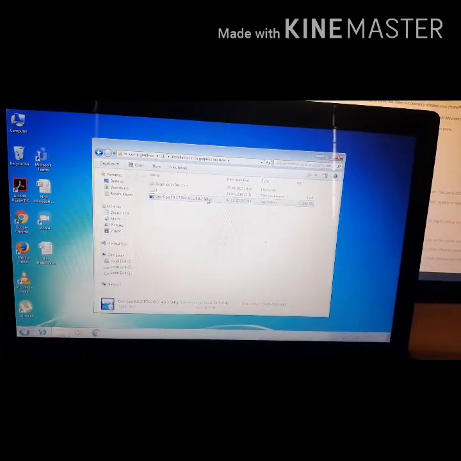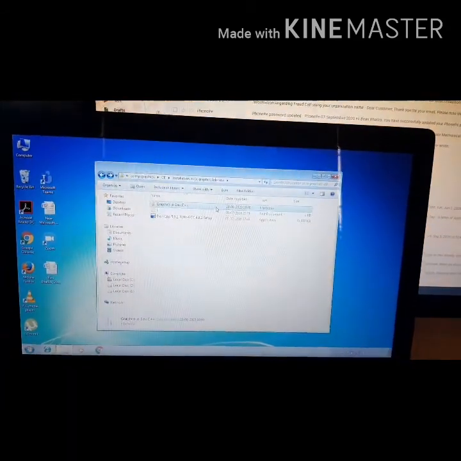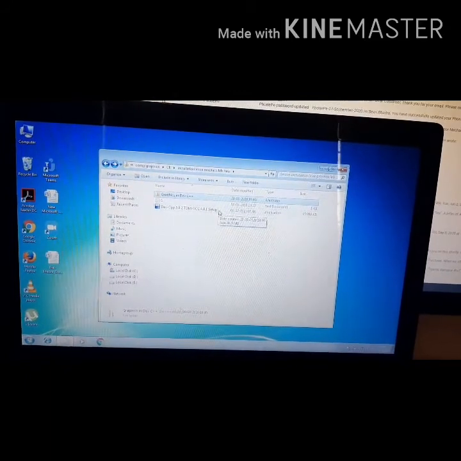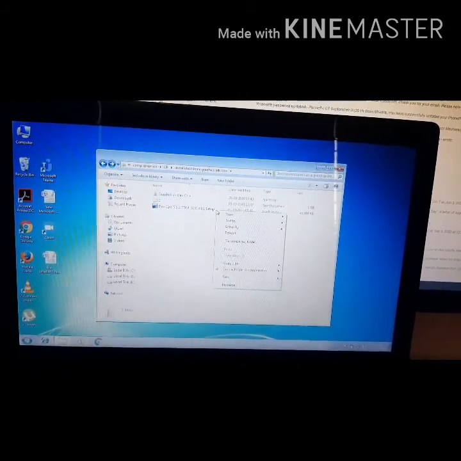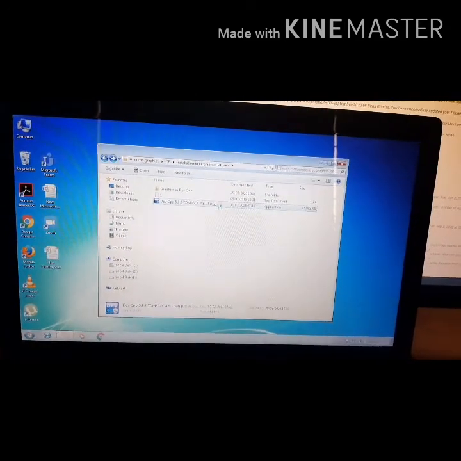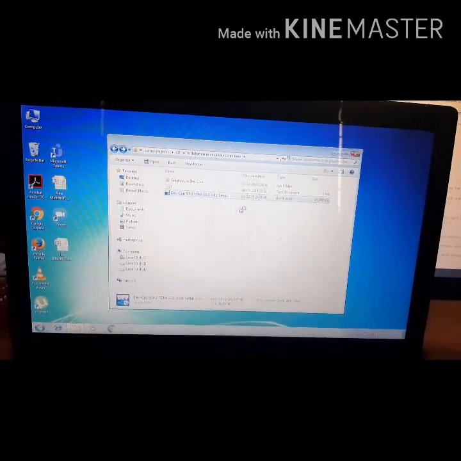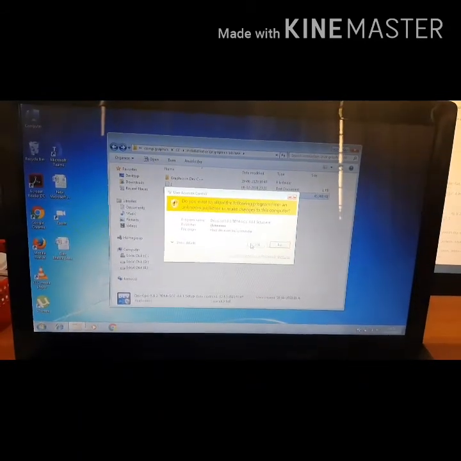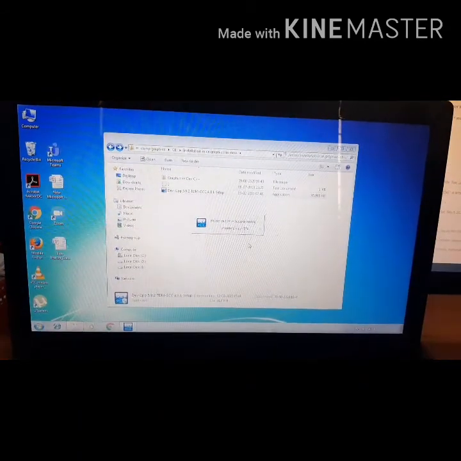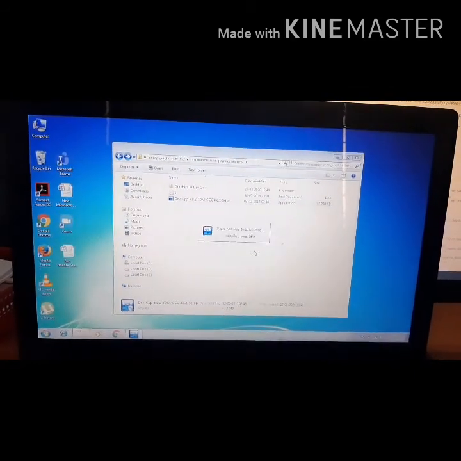So first let me install the Dev C++ compiler. I will right click on this setup file, this application file, and run as administrator. Yes, and all the packages are being loaded.